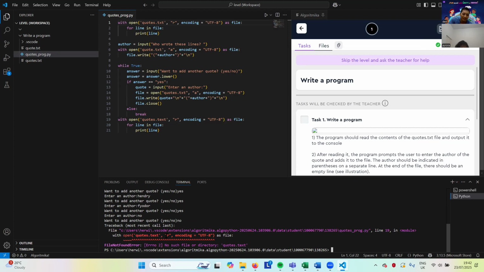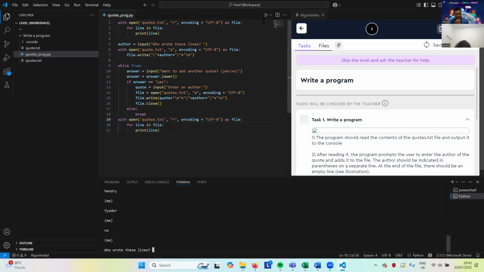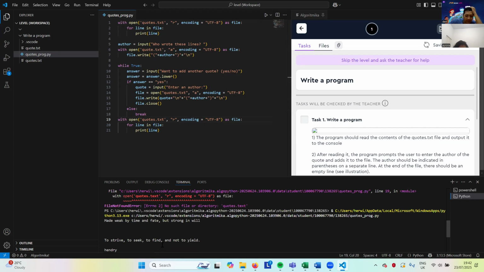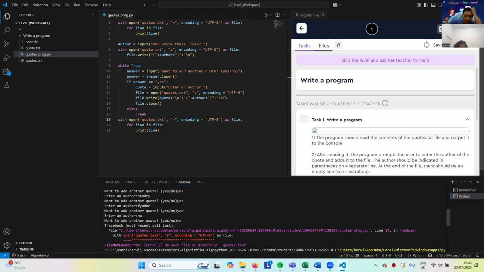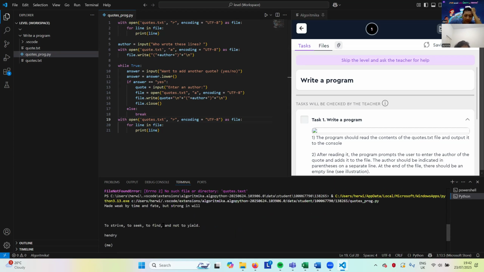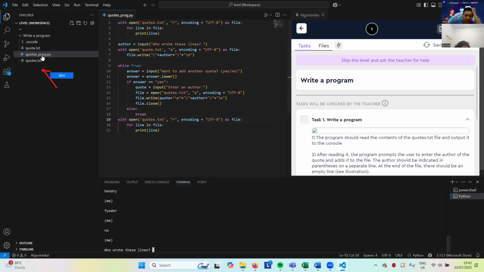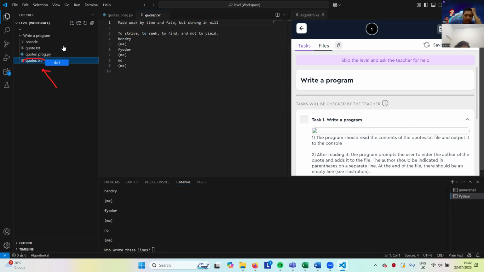TXT. Okay. Try to reset your TXT. From number 4 until the end, please delete it.